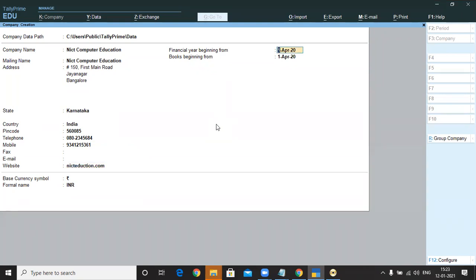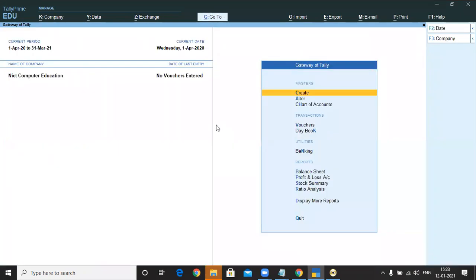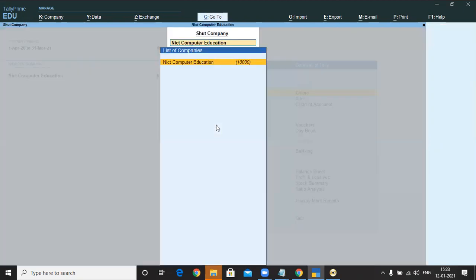Press Enter. Now at this stage, if I press Control A, your company will be saved without any security. Let's see. I pressed Control A. Now the company is saved. Press Control A again to update. Then to shut down, I'm using Control plus F3.